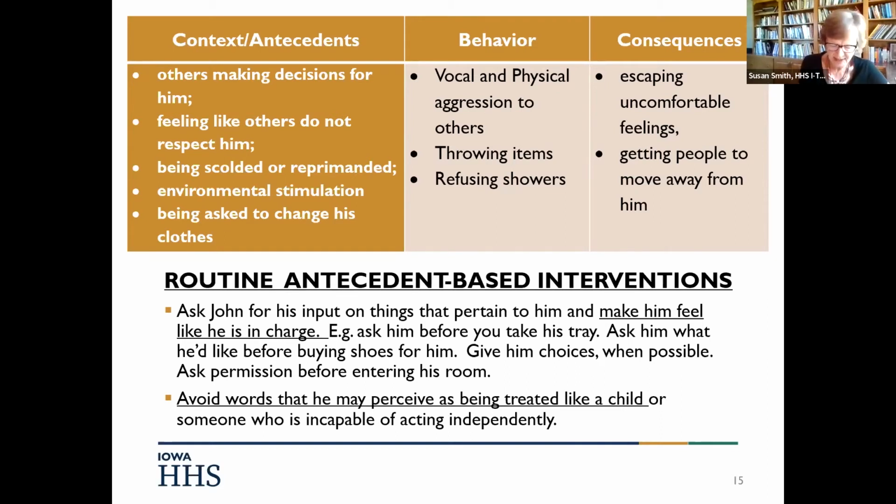I just want to be cautious that when we ask a person like that, we always want to do it before the behavior happens. If the behavior is already occurring, he's already yelling out at people, and we ask him then, what do you need? I'll get it for you. We do run the risk then that he will continue to use that behavior to get those needs met. If somebody says, here, have a cookie and calm down, then that's become a good way to get a cookie. So asking the person what they need before the behavior, as an antecedent strategy, can be very, very helpful, but be cautious about doing it after the behavior has already happened.